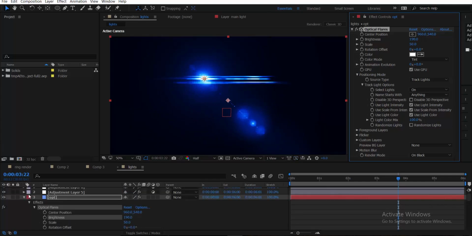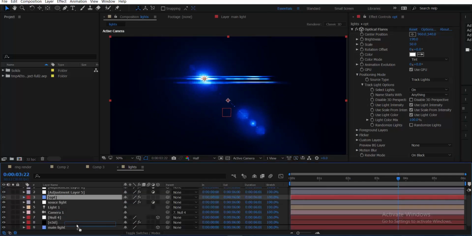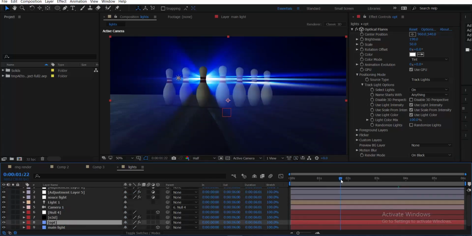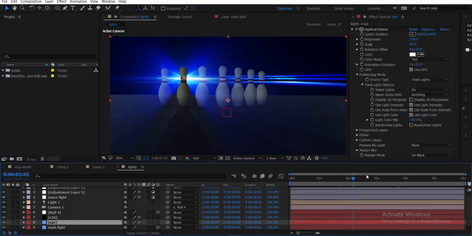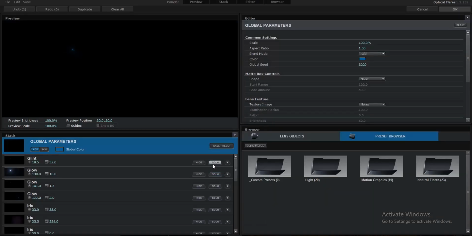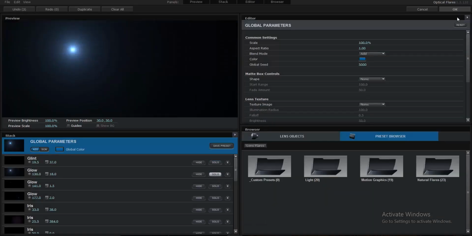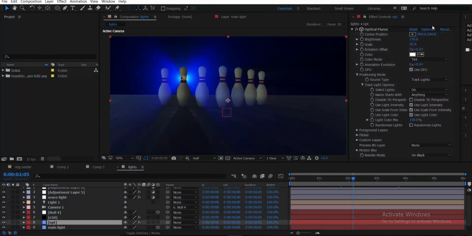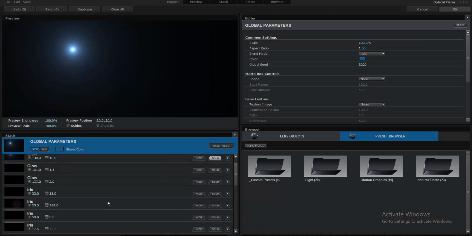Fine. Element. So go to the option, just solo this layer, and also some